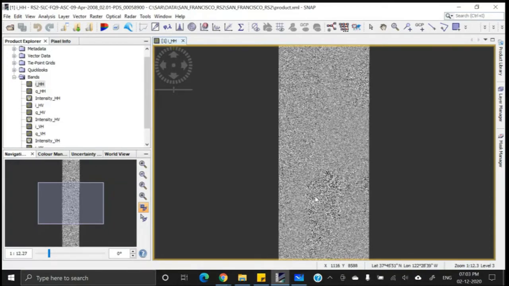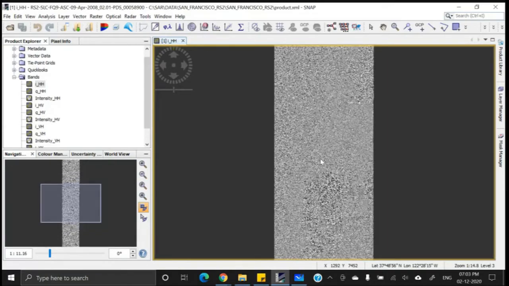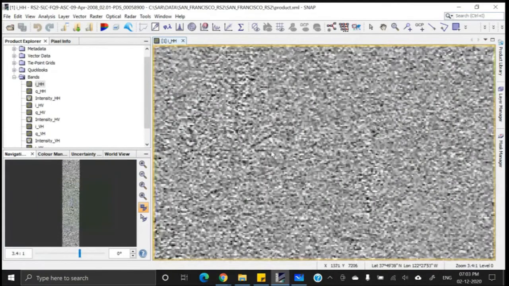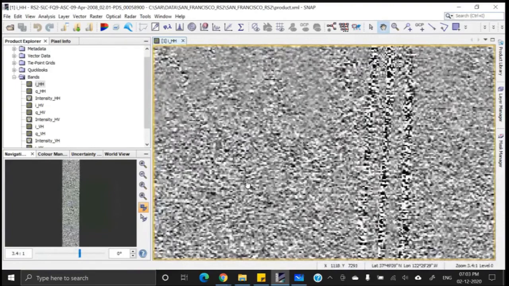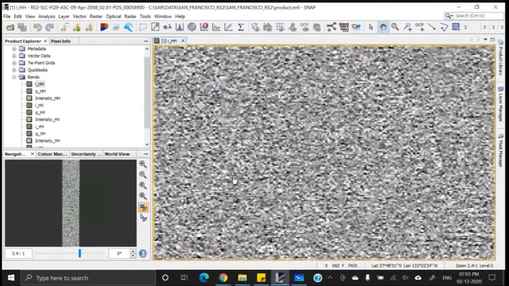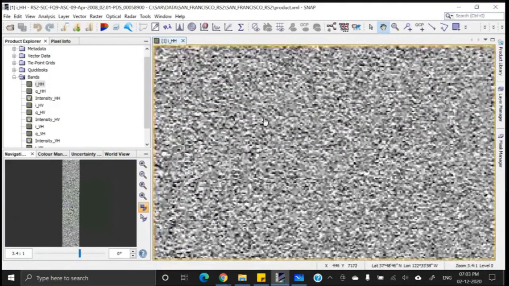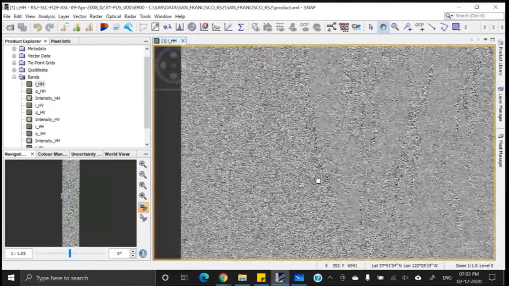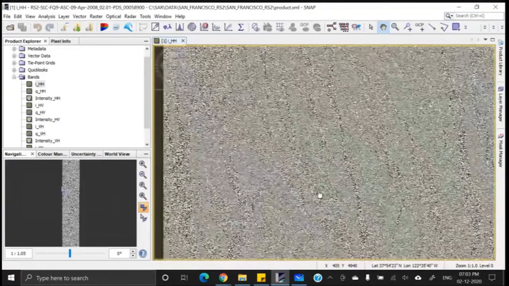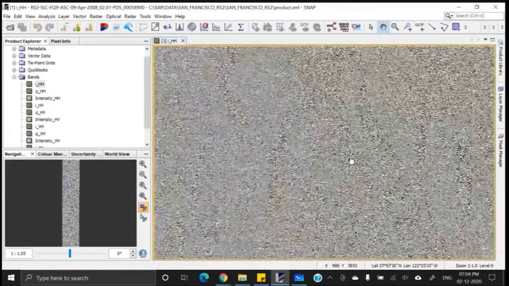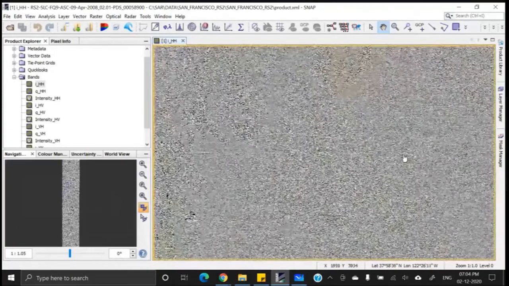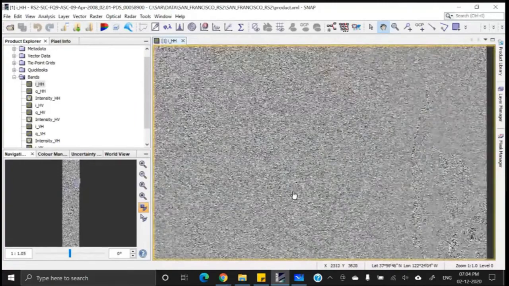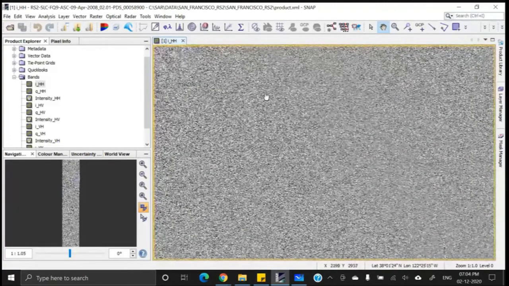Now see, if I zoom this image to a specific level, where we can identify each and every pixel, nothing can be interpreted from this image. We are unable to understand anything. It is like noise. You cannot identify a single feature. Yes, this is true. Radar images come like this, and it is the responsibility of the analyst to make them interpretable.